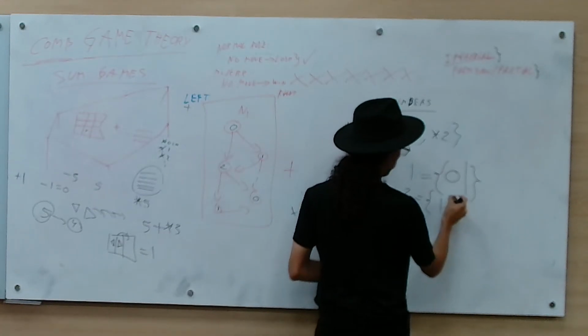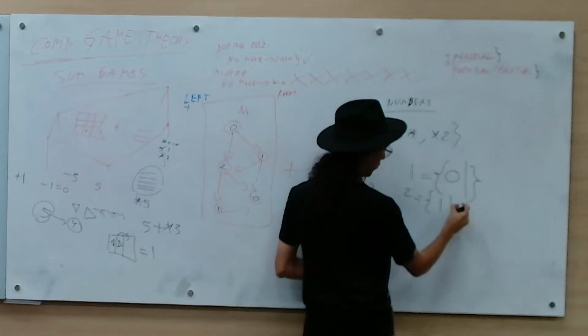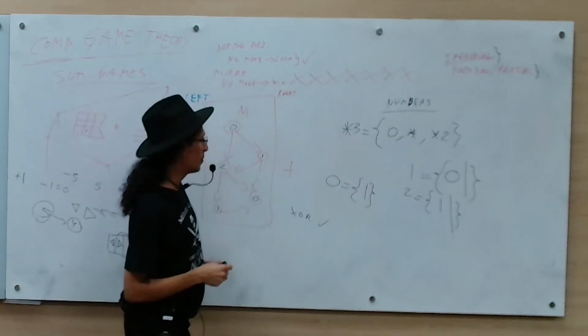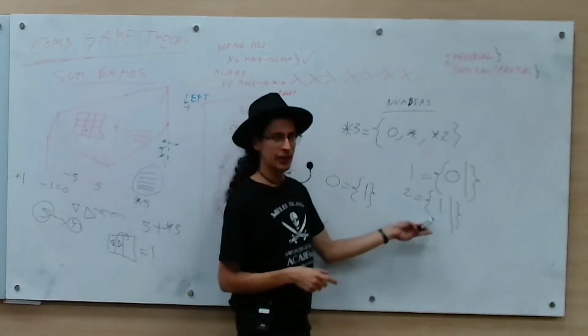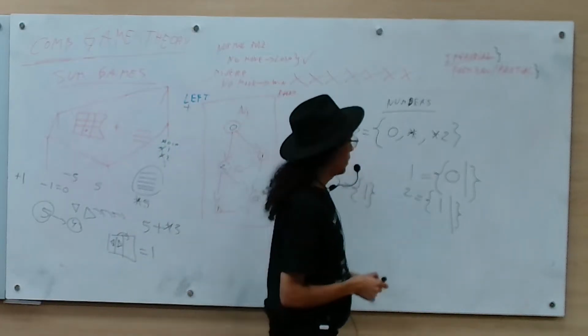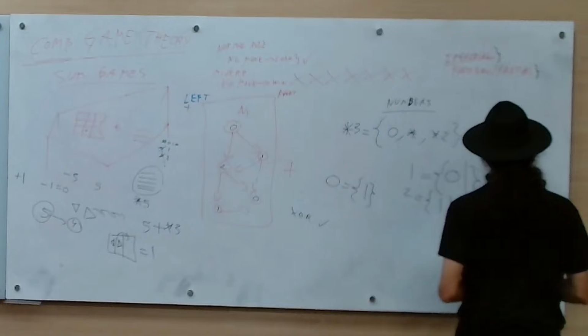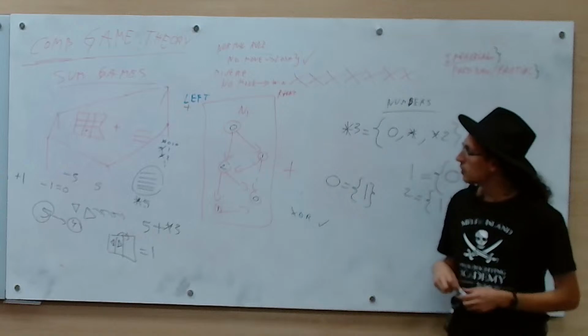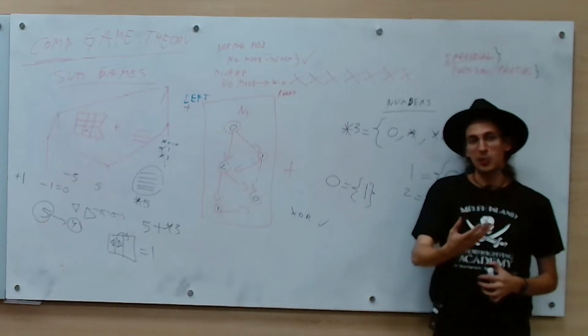Left can move to the situation where there is only one move, and right still has no move. Okay? If it is clear. I haven't defined the equivalence of games, but we have been using it intuitively, and if you have done problems, as